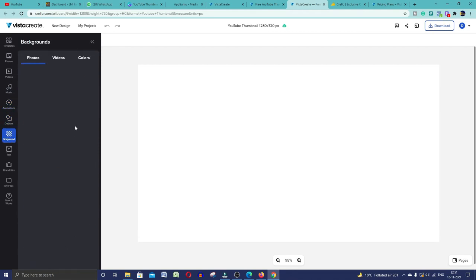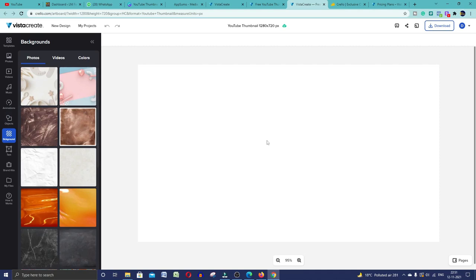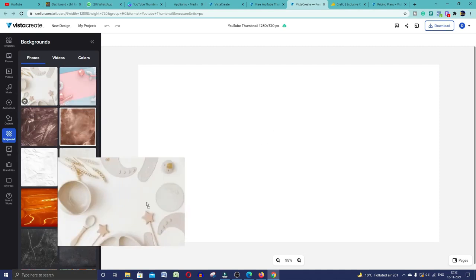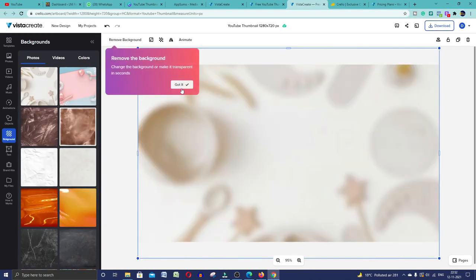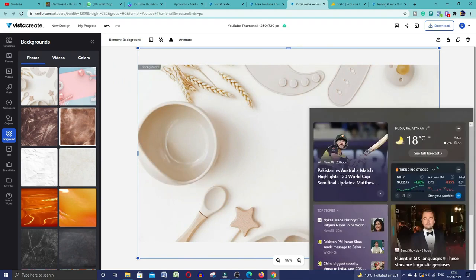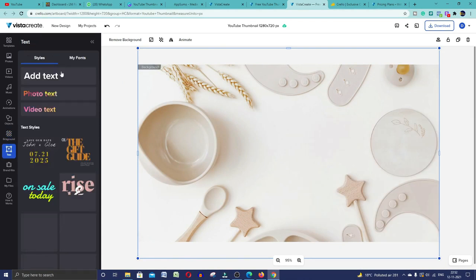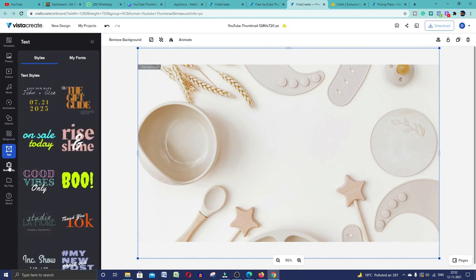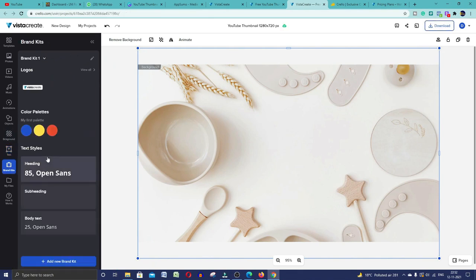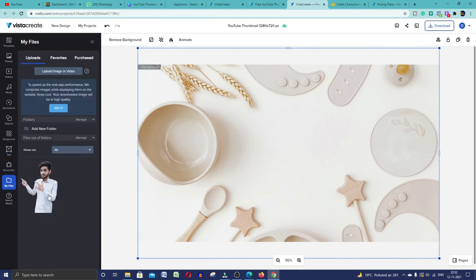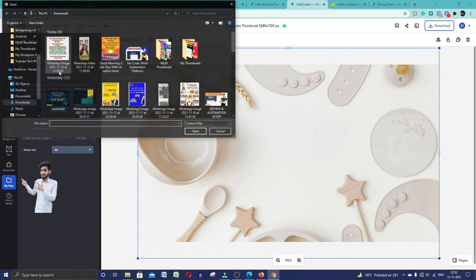If you want to add backgrounds, you can add a background also, like if you want to edit this background in your thumbnail. If you want to add text, you can add text here, and all the brand kits you also have. My files, if you want to upload your own files, your own images, you can simply upload them. Just upload image or videos.